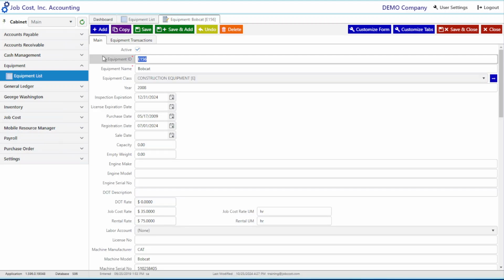Notice the multicolor buttons along the top. Blue Add is to create new equipment. Purple Copy is to copy an existing equipment's information to a new piece of equipment. Green Save is to save the information just entered. Green Save and Add is to save the new information just entered, close the current equipment tab, and open a